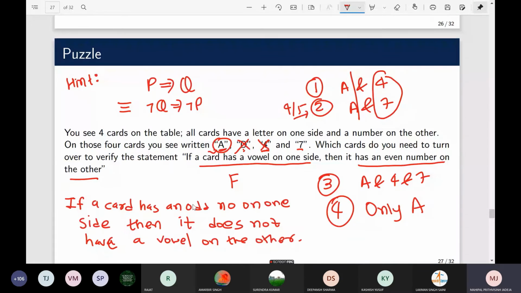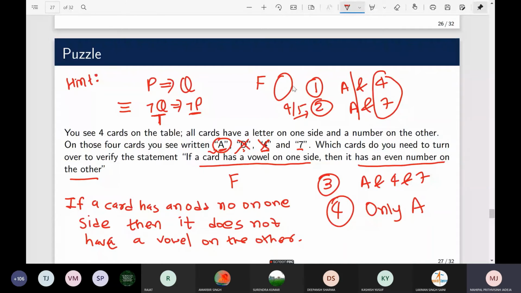Right. So now, whenever I see 7, can I say my negation Q is correct? Yes, sir. My hypothesis is correct. So now I need to check my conclusion. If the hypothesis is wrong, then I don't care about my conclusion, like in the case of 4, because in that case it can be true or false. My overall implication will remain true.